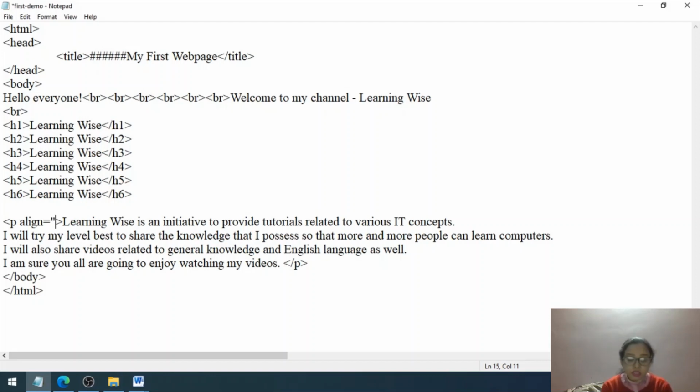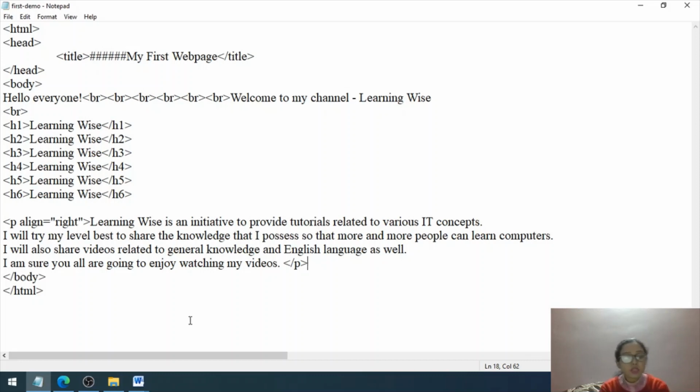Now let's say I want to align this paragraph towards the right hand side. So I will write down RIGHT in the double quotation marks. As you can notice here, right, and no change in the end P. When we are closing the P tag, we don't need to mention any attribute again. Simply write down front slash and P.